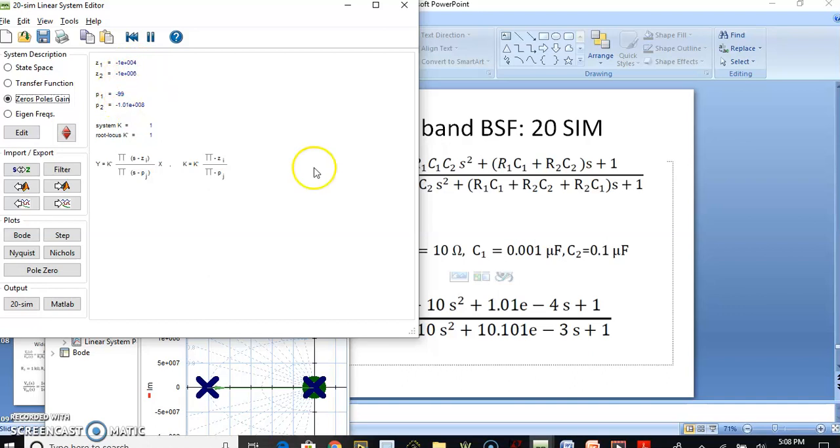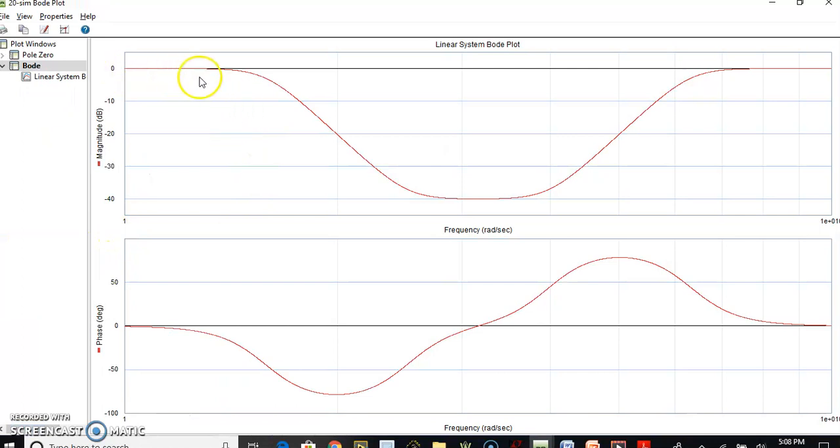So these are the pole zero positions, and you can also see the Bode plot of it. It is the first pole, first zero, second zero, and then second pole. The corresponding cutoff frequencies can be easily mapped as we did for the other filter. So this is how we are able to get the 20-sim simulation for the wideband stop filter. So there's a larger bandwidth for the band stop filter. So this way we are able